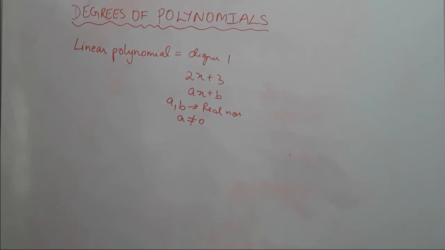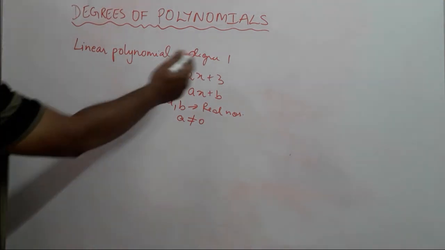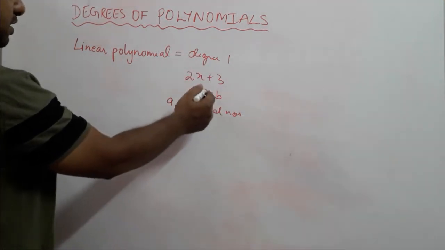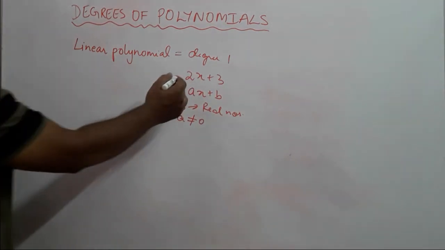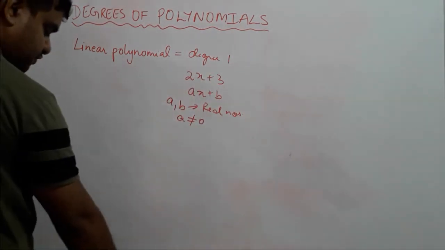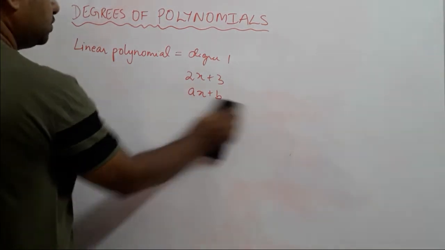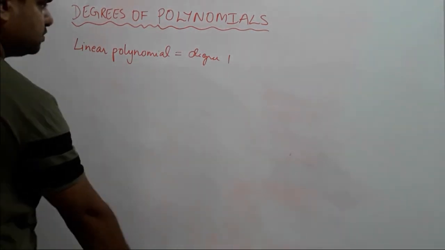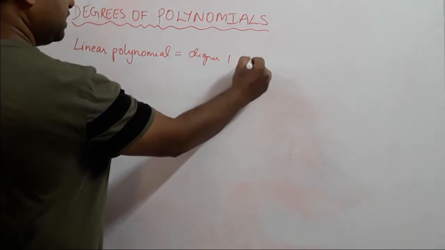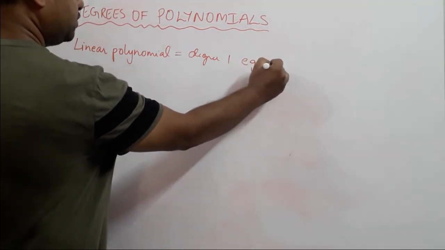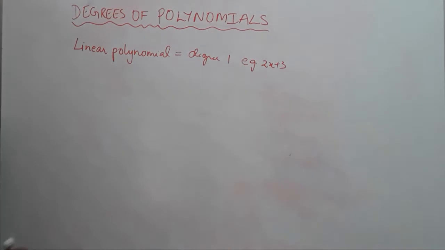But I think this example should be good enough for you to understand what the 4 different types of polynomials are. So a linear polynomial means the degree is 1. So ax plus b, where x is raised to 1. It will be of this form. I'll write that form down here so you will be able to compare it. The example here is 2x plus 3. Okay. The next one is known as